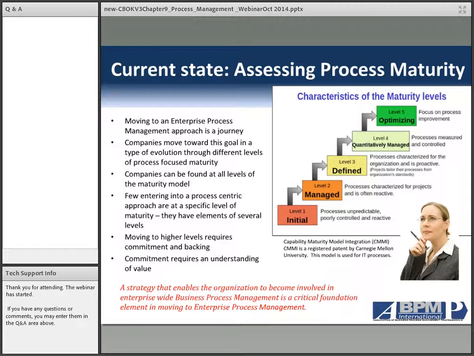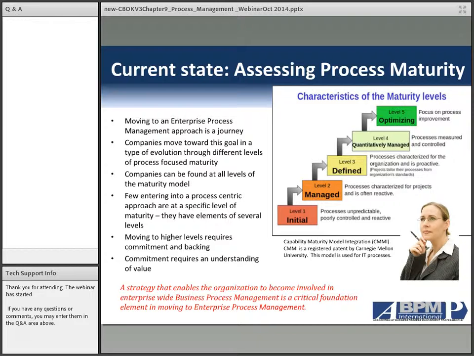The model that you follow, the way of measuring maturity, is a secondary concern to the fact that you pick one, you settle on that one, and that then becomes the standard throughout the organization. If you have multiple maturity models, frankly, it's going to get you nowhere because sometimes they conflict with one another, and what's in level 2 in one model might be in level 3 in another model, and it just becomes real cumbersome. So if you look at the maturity concept and you look at where you are,